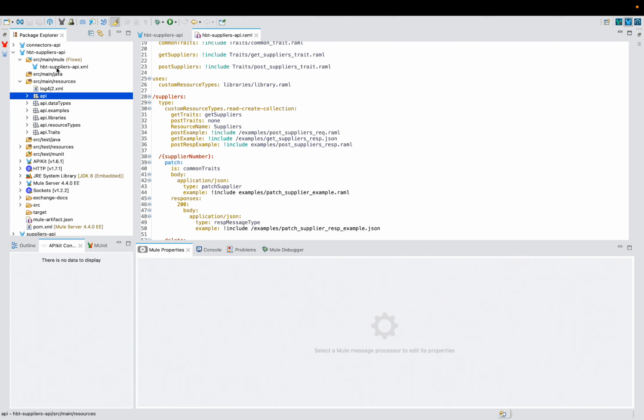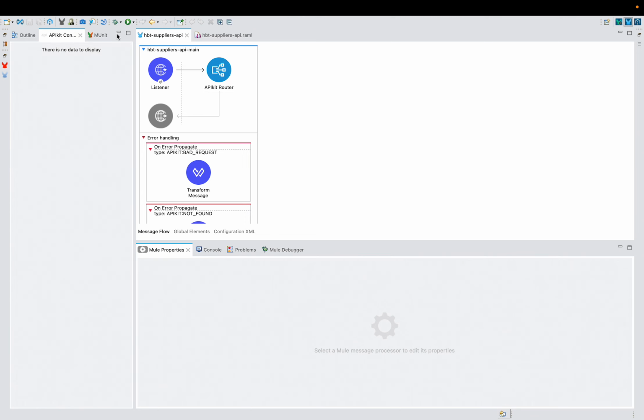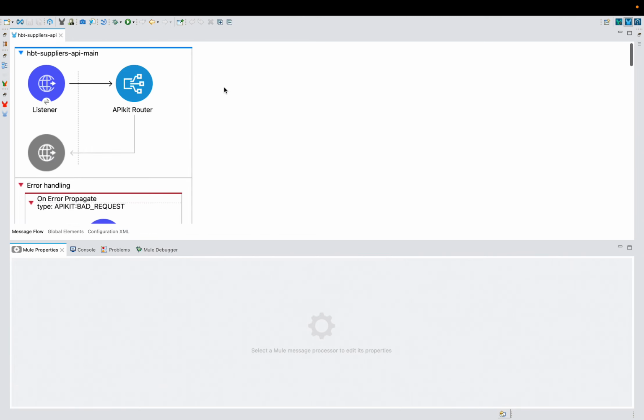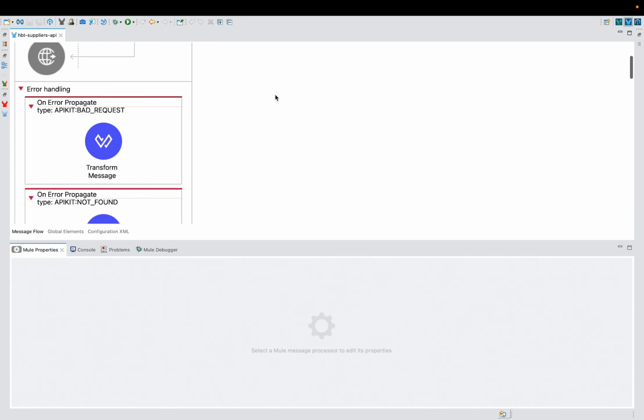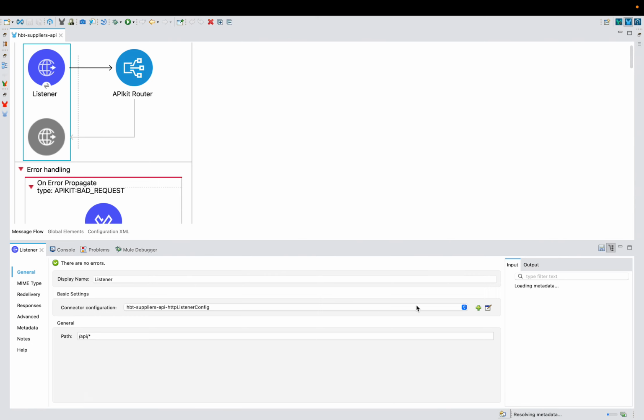Now we will refer to the HBT suppliers API.xml file, which was created by default whenever we downloaded the RAML. By default, whenever we download the RAML and create a new project, it creates these files like HBT suppliers API main, and within this we can see there is an HTTP listener, and this HTTP listener will have a default HTTP configuration,